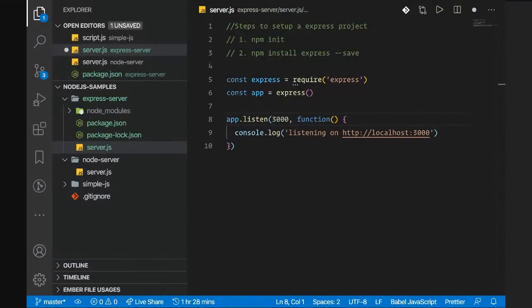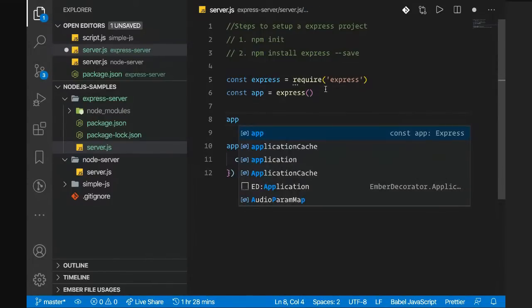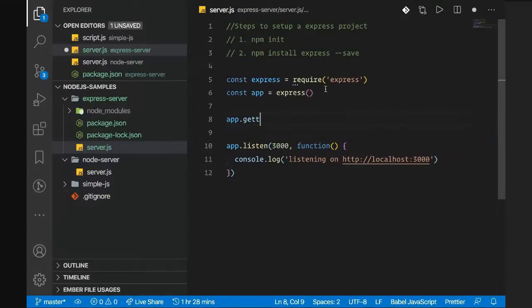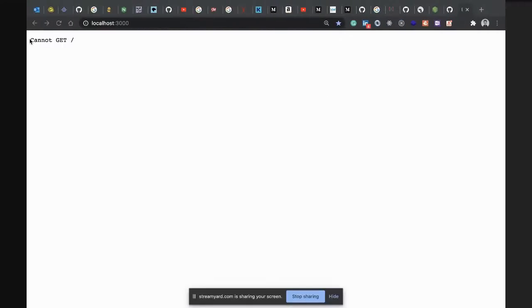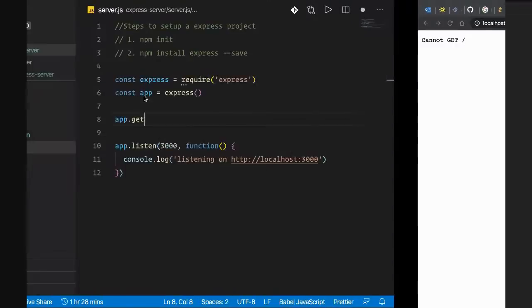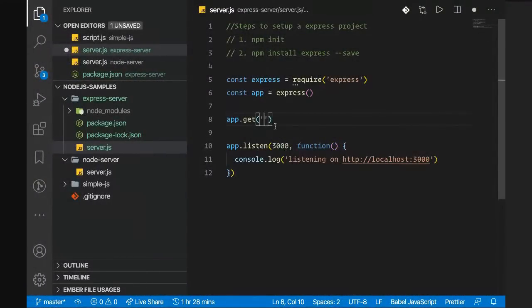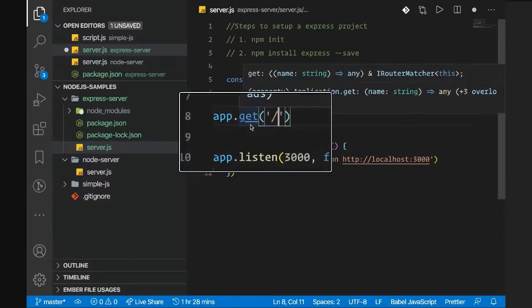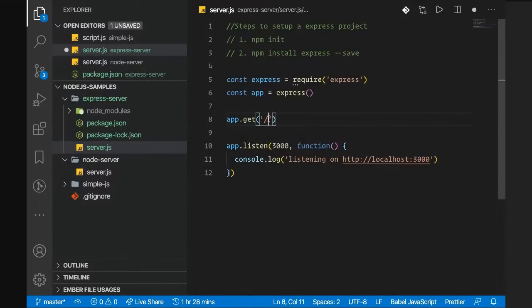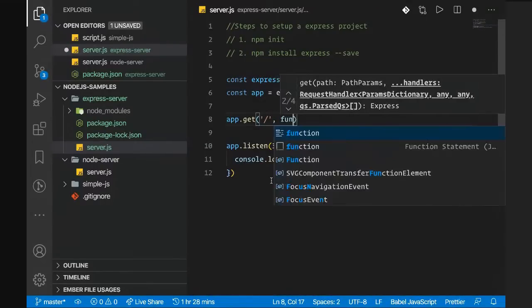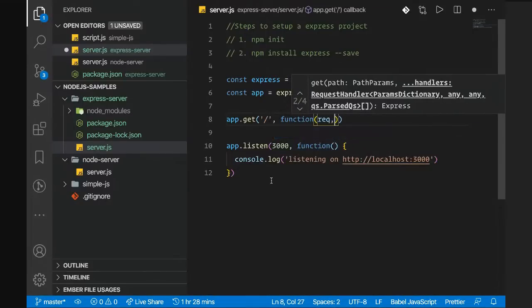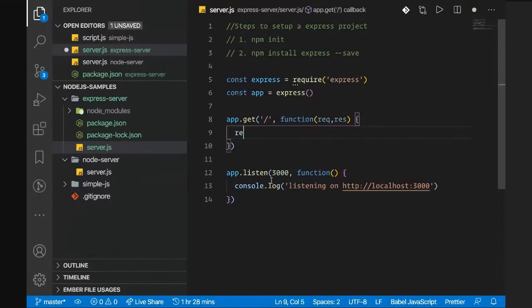So for that, let's do one thing. Over here, I'll write app.get. So what does this say? The browser says I cannot get anything on slash because I haven't defined anything on slash, right? So I'll do app.get. I'll tell it, okay, I want to define something on slash. I want to define this get property on the path slash. So I want the app to get something on slash, and what to get is again a function, and here it will be res, and now you will do res.send